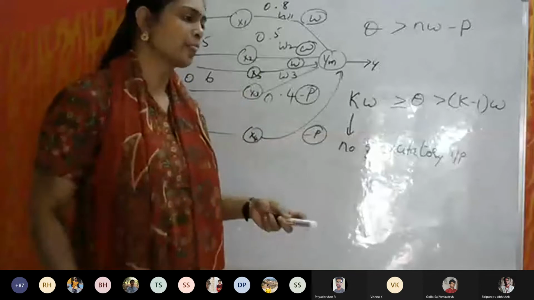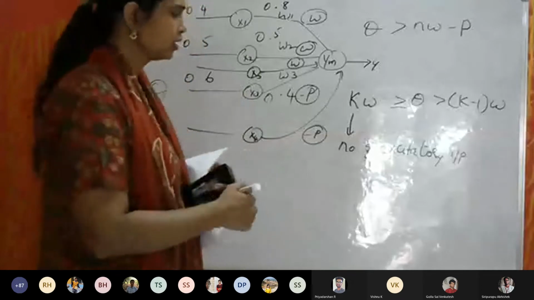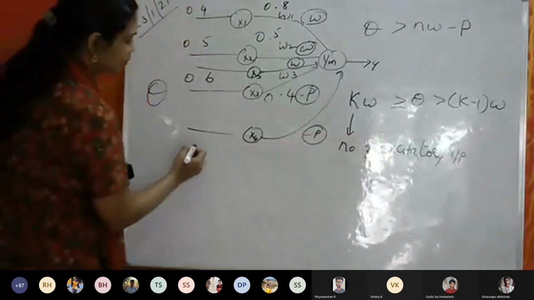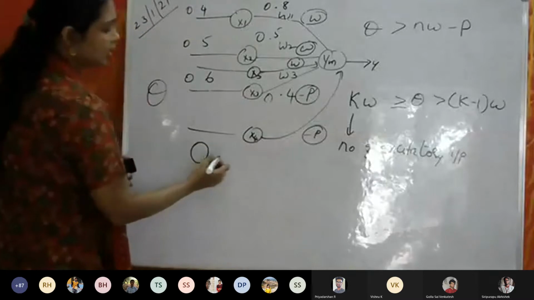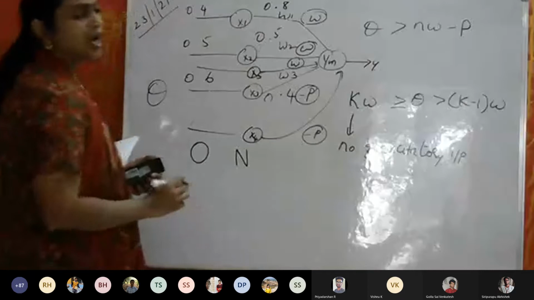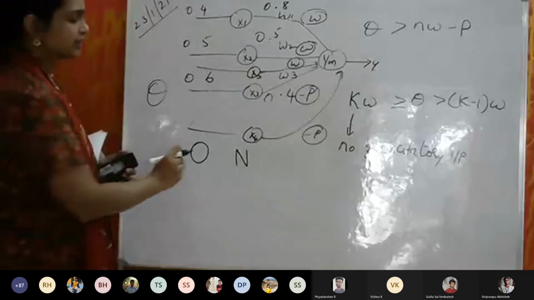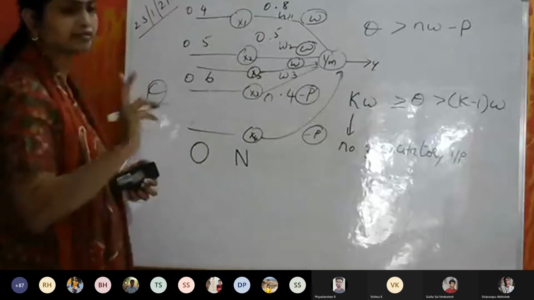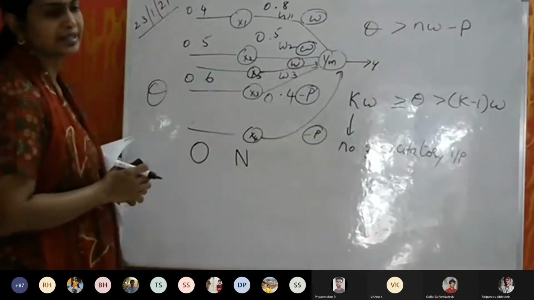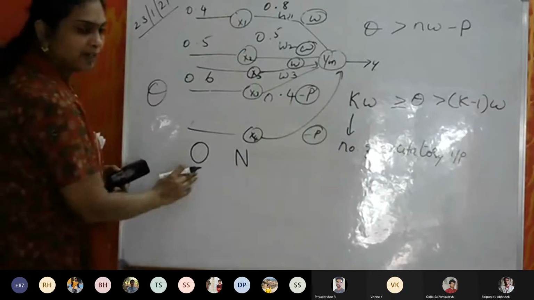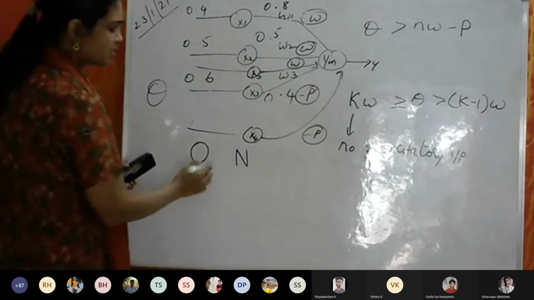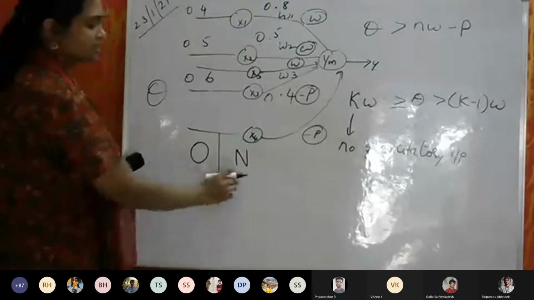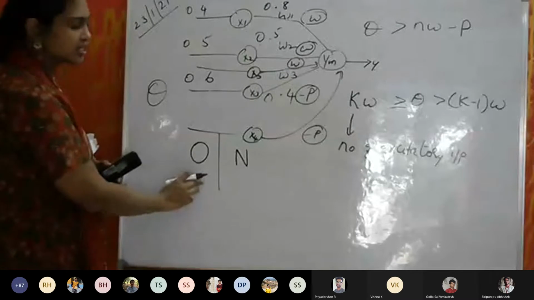Say, for example, I give a letter O like this, and then I give a letter N like this. Now, I want to differentiate between O and N. I have these two classes. I have to give an input pattern for this and an input pattern for this. Now, to differentiate between these two, the network has to learn, isn't it?